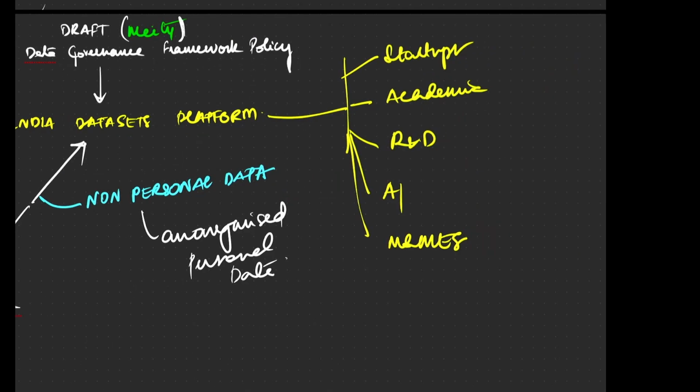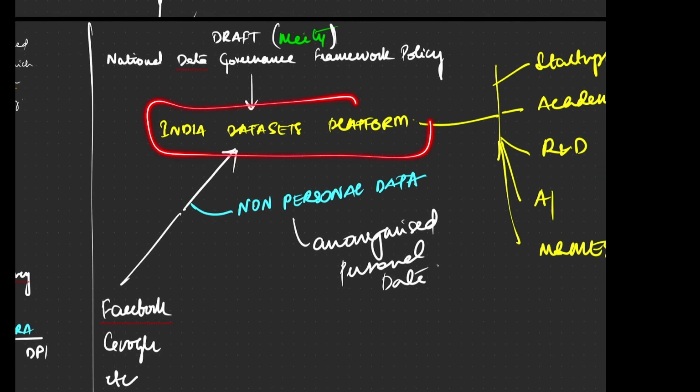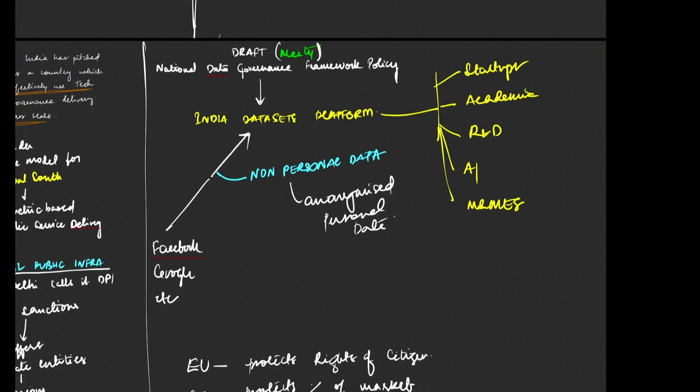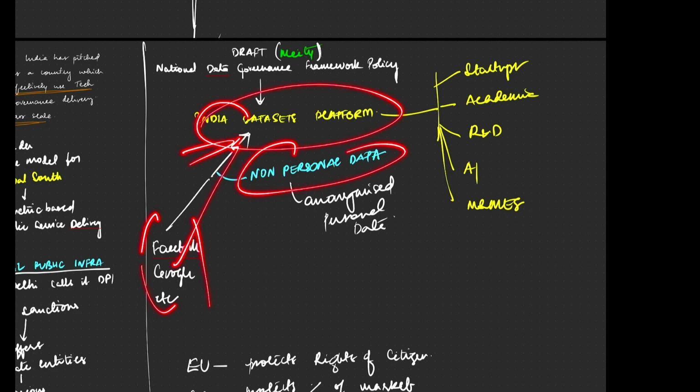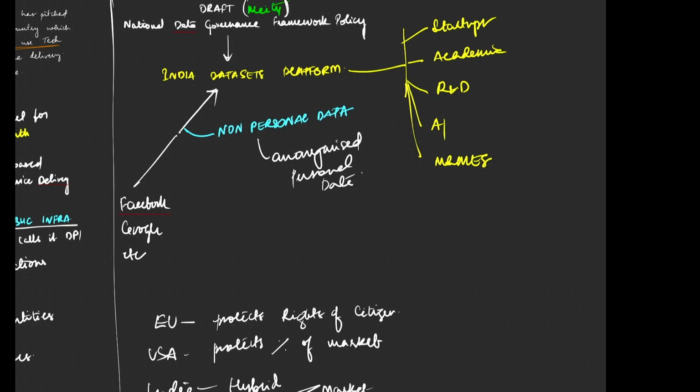And about the AI thing, they need data, so they're making this India Datasets Platform under the National Data Governance Framework Policy. And through the Digital India Bill that they introduced last, I don't know when exactly, they were asking MNCs, Twitter and these guys, to provide the non-personal data to the datasets platform. They have also asked for anonymized personal data. And now this is a question: if non-personal data is a superset of anonymized personal data, I mean, if anonymized personal data is included in all the non-personal data.